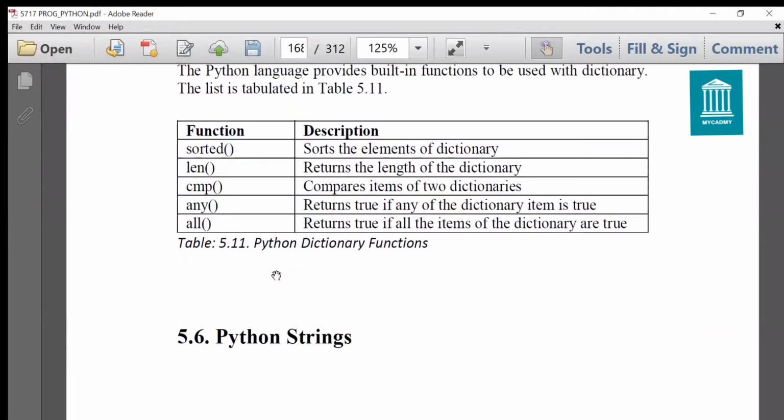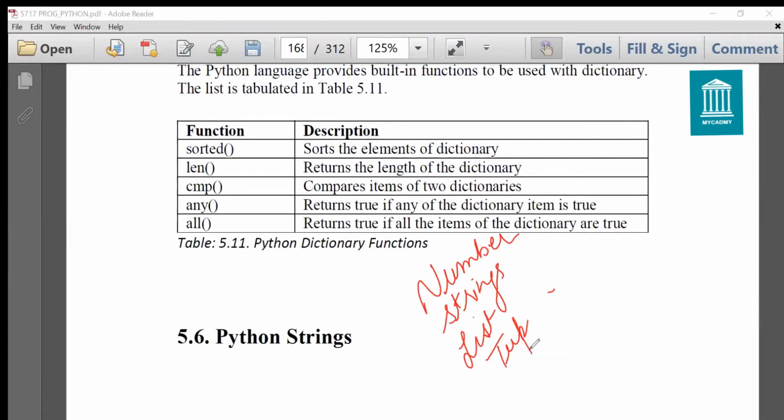Next topic is strings, and you have already studied about it. So we have studied all the data types in Python now, which are numbers, strings, lists, tuples, sets, and then dictionary.